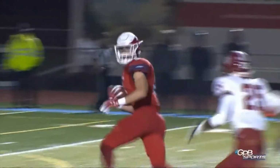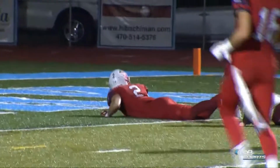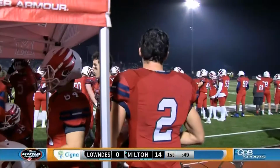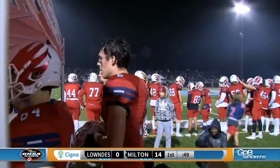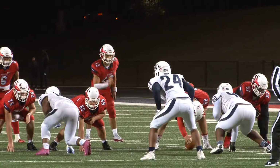He's just happy to be healthy this year. Yeah, no doubt about it. He's had back problems, and you can see he's not very built up. That's because he hasn't been able to get into the weight room for a couple of years. But college prospects, college coaches really feel like this kid's got a huge upside. He was offered by...